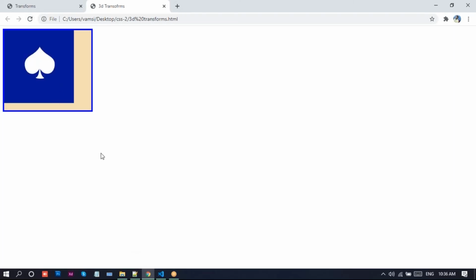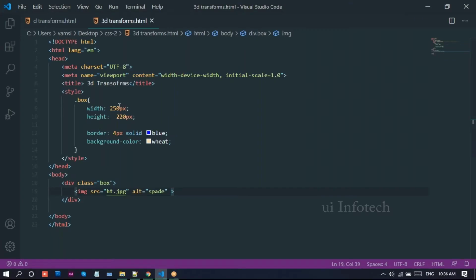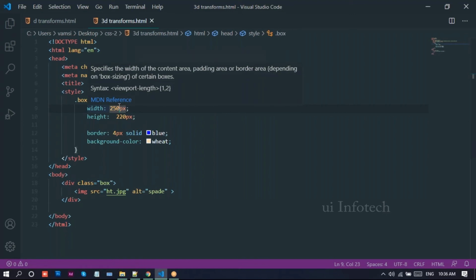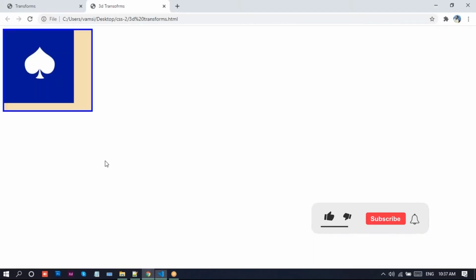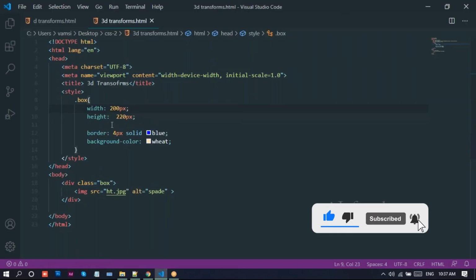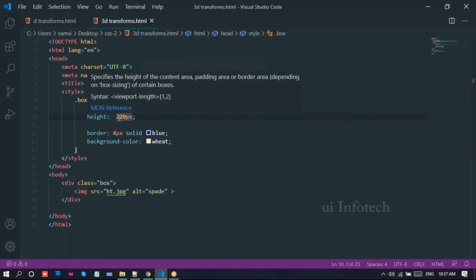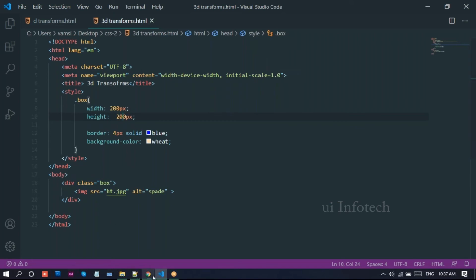We'll place this image there and reduce it to 200. Reload again; yeah, it's placed. Here also I'll take 200 and reload this page.